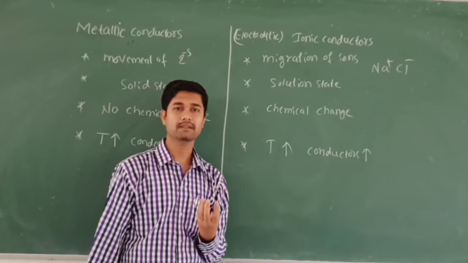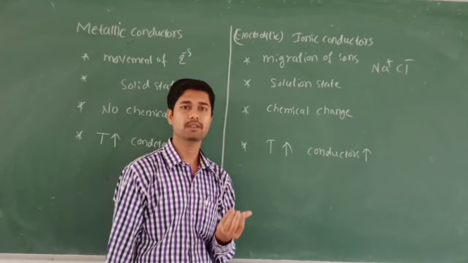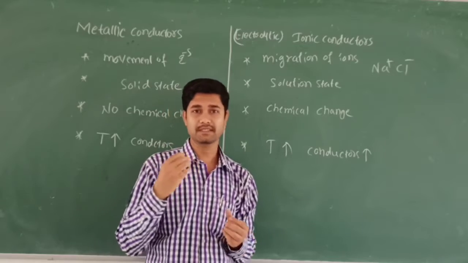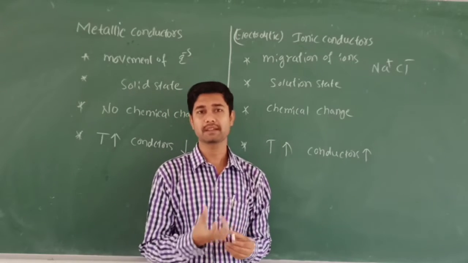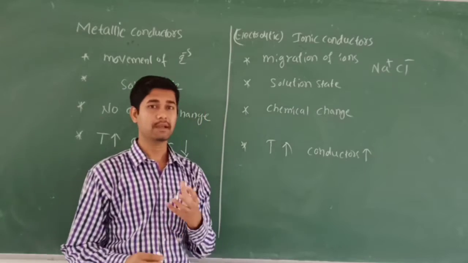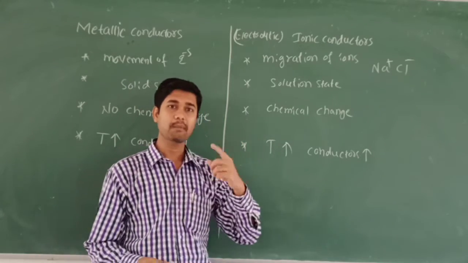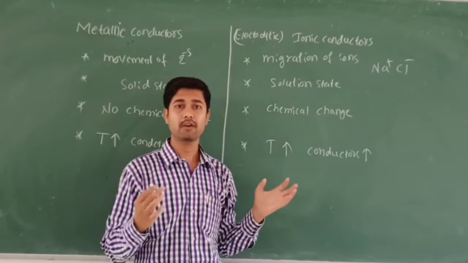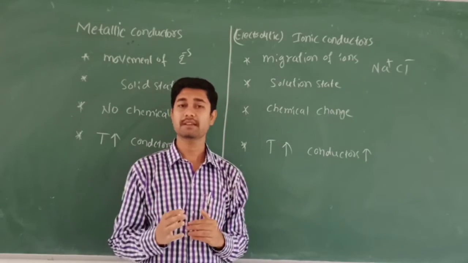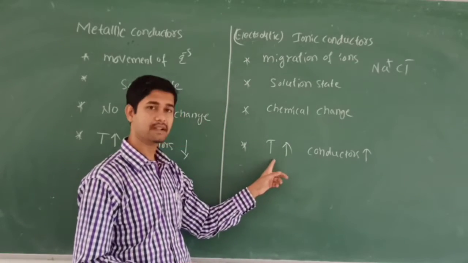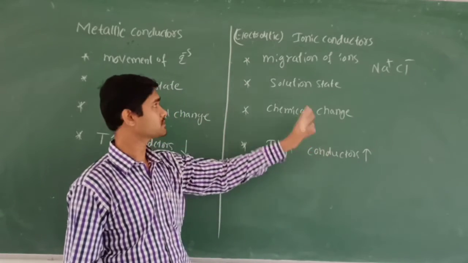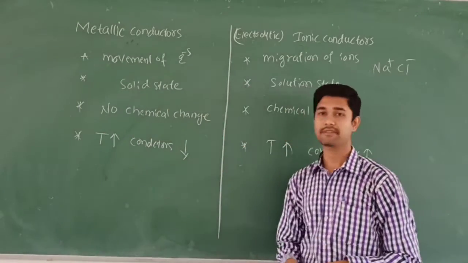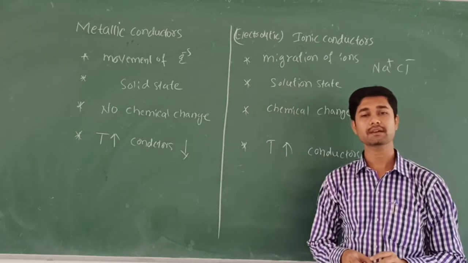Suppose you take a sodium chloride salt and dissolve it in the water, right? If you take an excess of sodium chloride, you are going to apply some energy, or some heat, and that is nothing but the temperature. When you raise the temperature, the migration of ions, the speed of the reaction, or the ionization, becomes very high. So when temperature increases, the conductance also increases, whereas for metallic conductors it is vice versa. So this is the difference between the metallic as well as the electrolytic conductors.